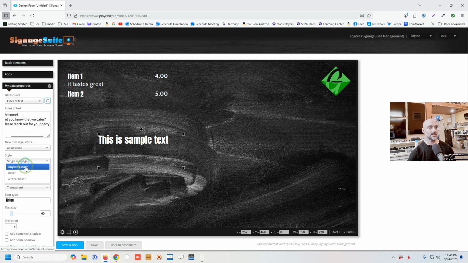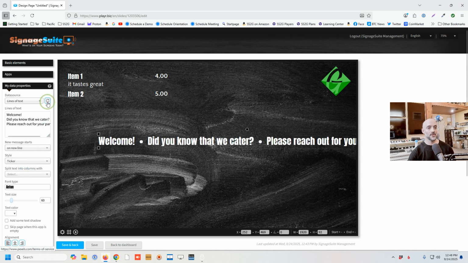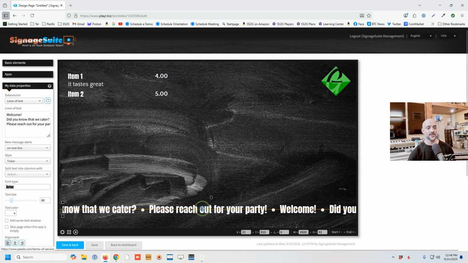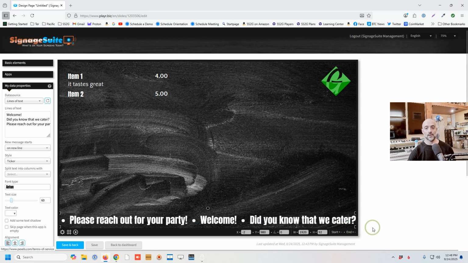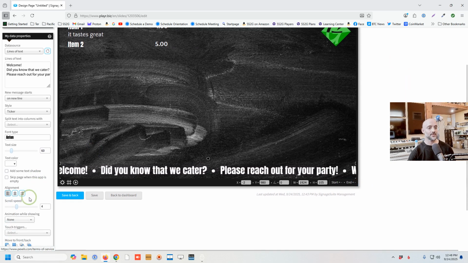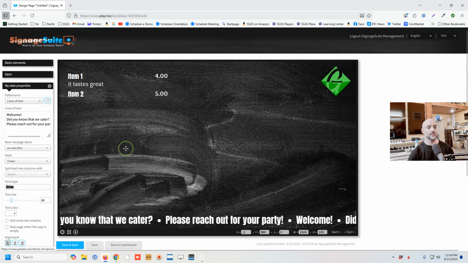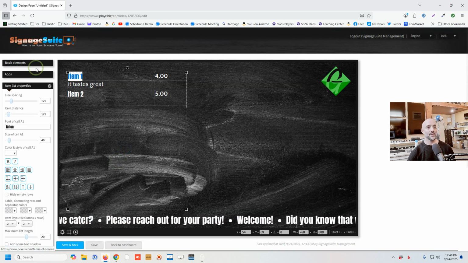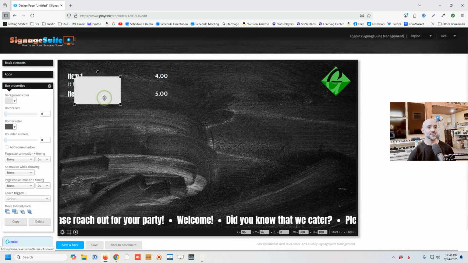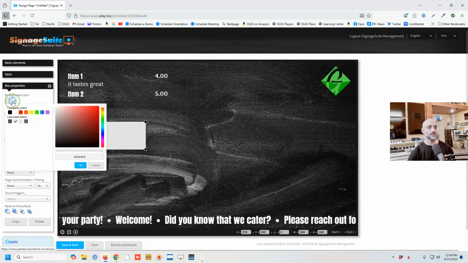And we can choose the ticker option. And if we want to see it run, we can click the little curly arrow there, but we would just drag this wherever we want it to sit. And we can modify the speed and font and everything else here at the left. Get it looking just the way we want. We can even put a background behind that, like a box. We can use box and choose,